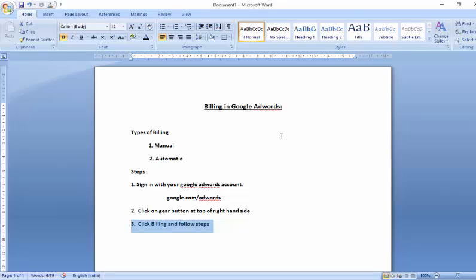So I'll select manual, and there will be options of credit card and debit card. I will enter my authentication details so that Google will identify and approve our card, and after that I'll mention the amount I want to spend on my campaigns. That comes in manual, which is also known as prepaid billing.